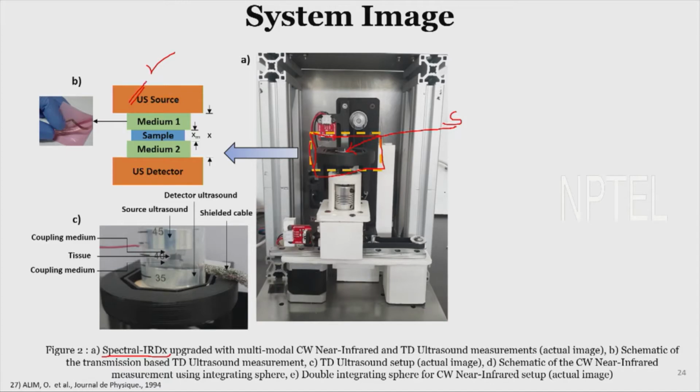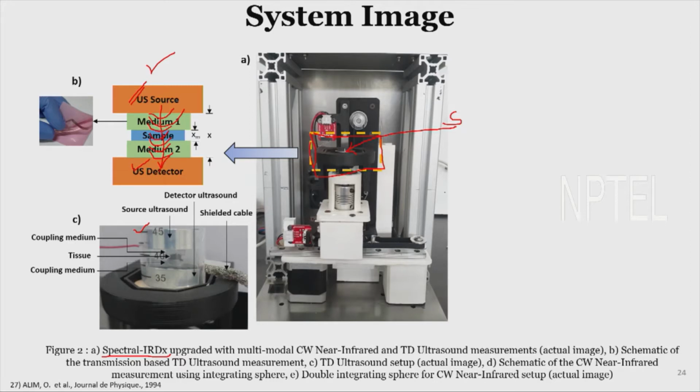So this is a piezoelectric sensor, as you can see over here, the same piezoelectric sensor, and then we have the coupling medium. So there is the ultrasound transducer, which incorporates a piezoelectric sensor. It gives ultrasound waves which pass through the medium, and then through the sample, and then again pass through the medium and get detected by the detector over here. So this propagation is through the combination of medium 1, coupling medium, sample, that is a tissue sample, and again the coupling medium is being provided over here.